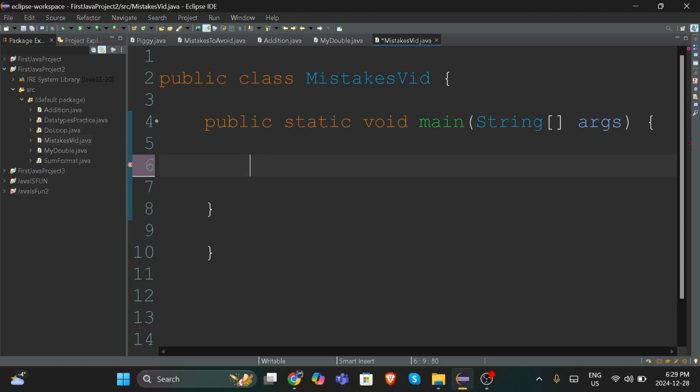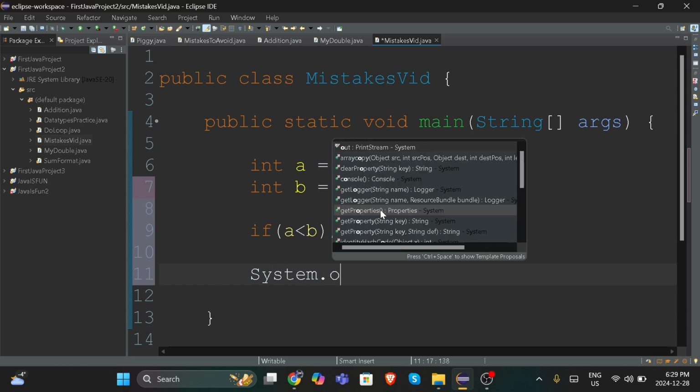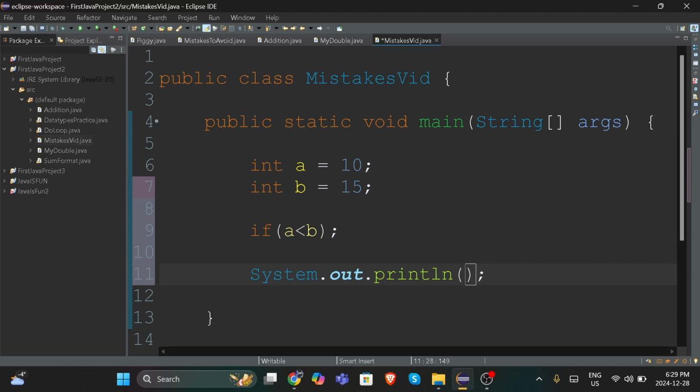What I mean by that is, if we use our previous example of the a variable again, and then we add another variable called b and give it a greater value, and then we write if a is less than b, then we put a semicolon, then we'll write System.out.println with the semicolon,